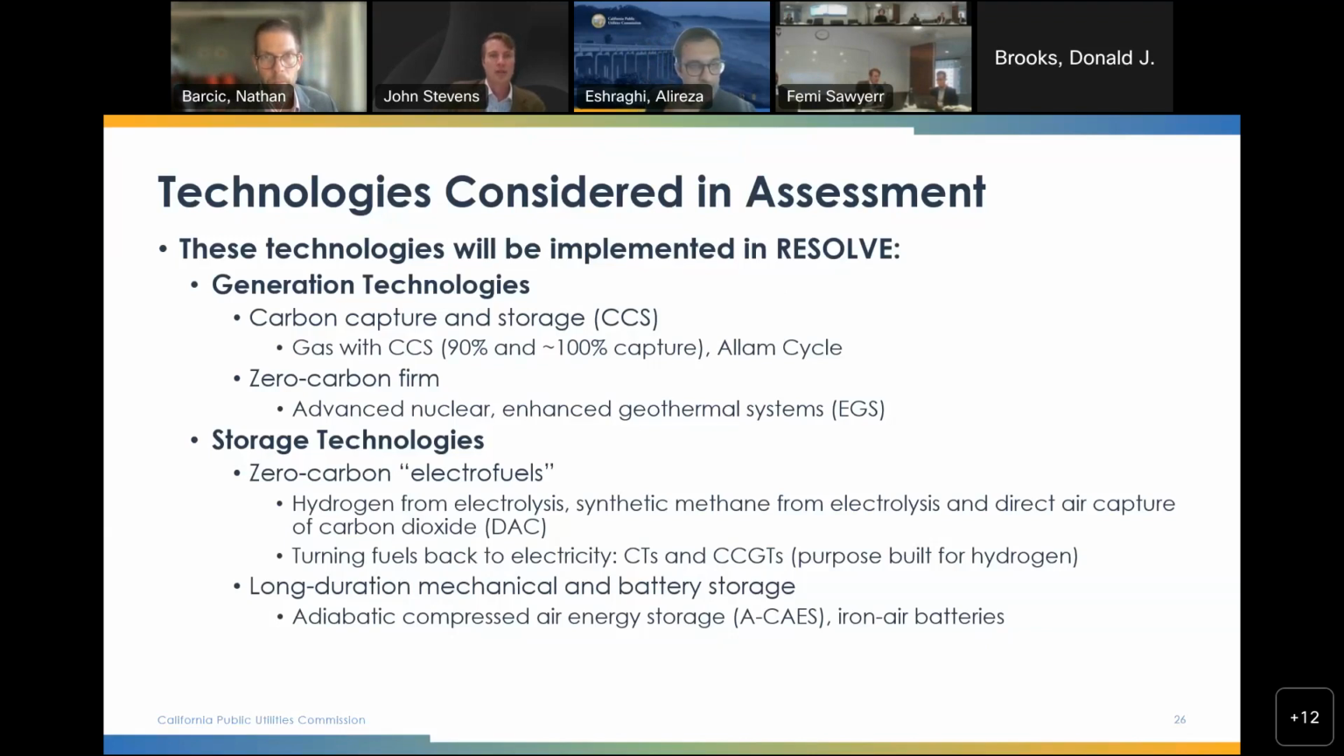And then finally, we looked at long duration storage. So we looked at both adiabatic compressed air energy storage technologies, but at higher efficiency, as well as